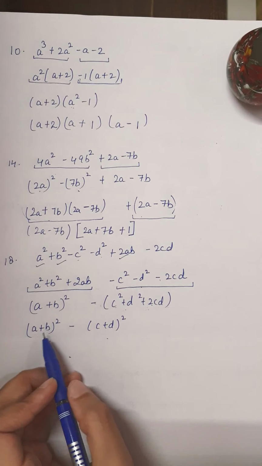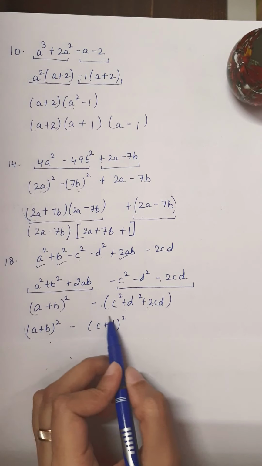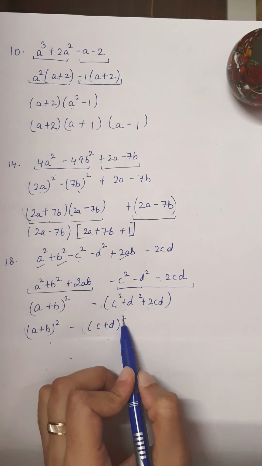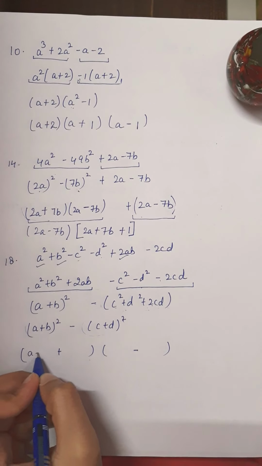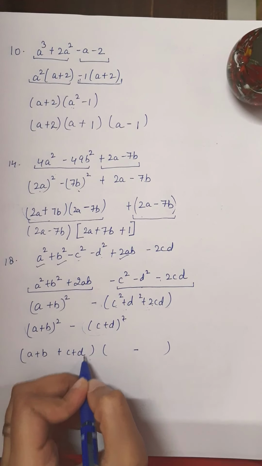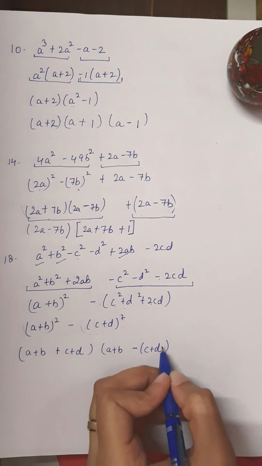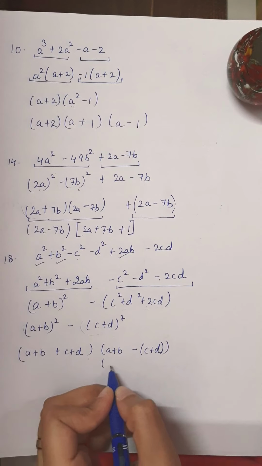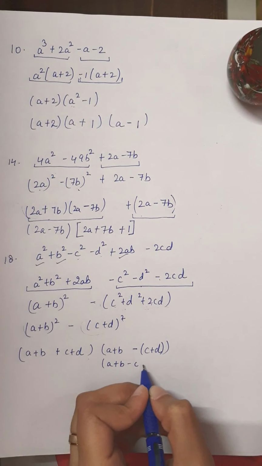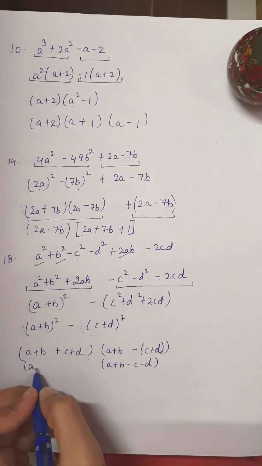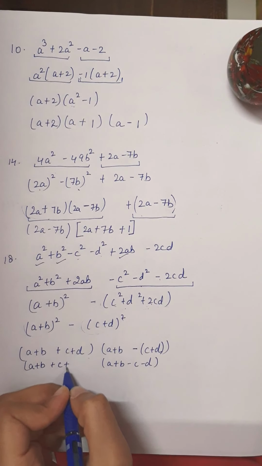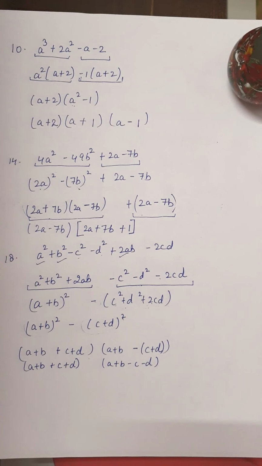Now if you can see the form, square of a number minus square of another number. So again the format follows, a plus b c plus d and a plus b c plus d. Now since minus sign is there, so I will put a bracket and simplify this bracket further, minus c minus d, and this there will be no change because plus sign does not require any change, only minus sign we need. I hope this one is clear. Alright, now question number 20. Try it yourself first.